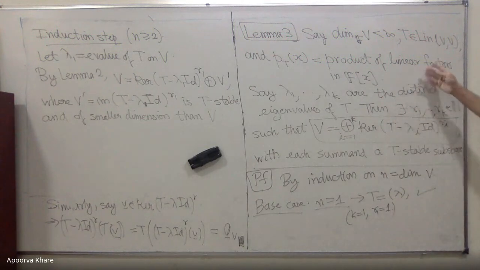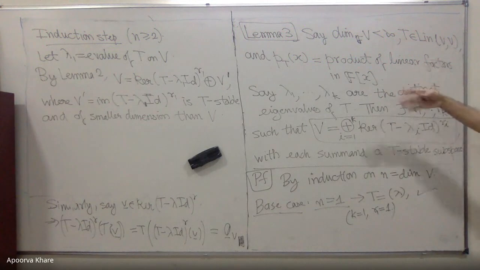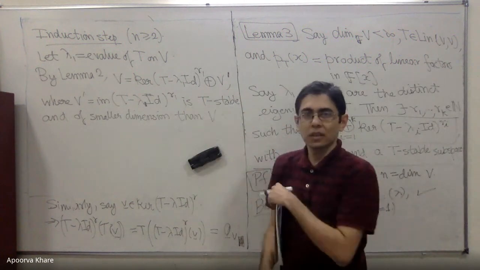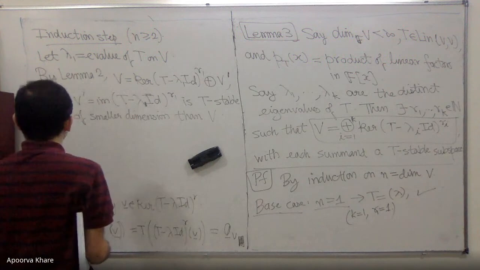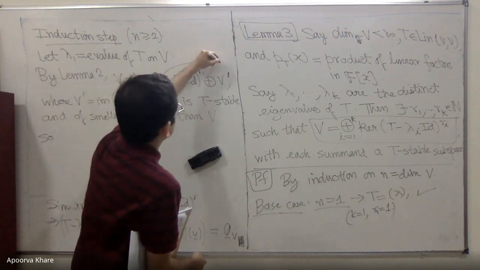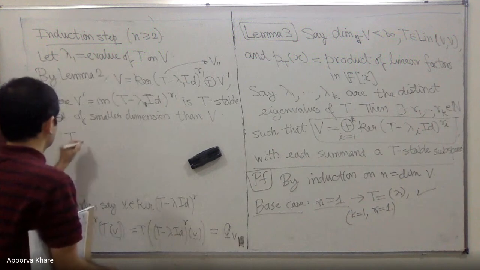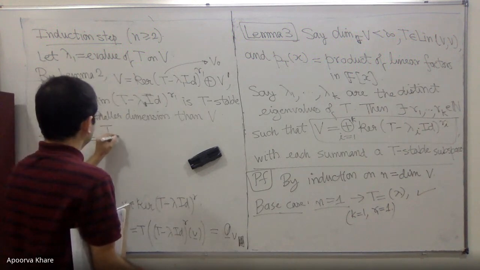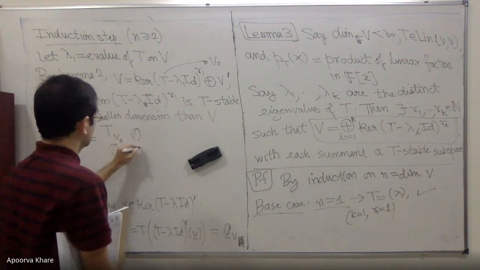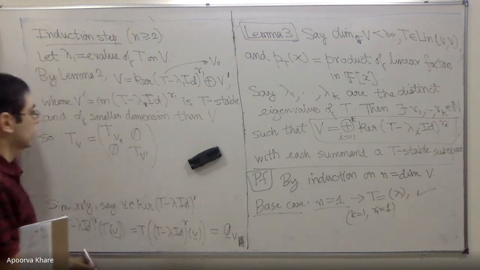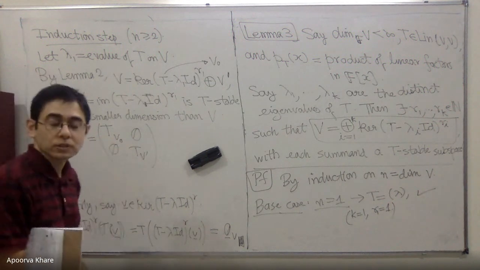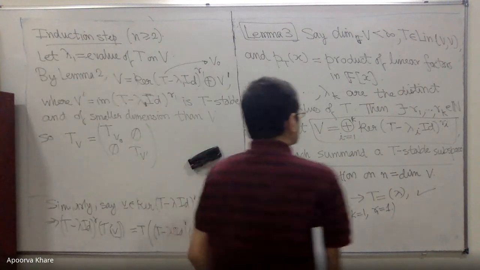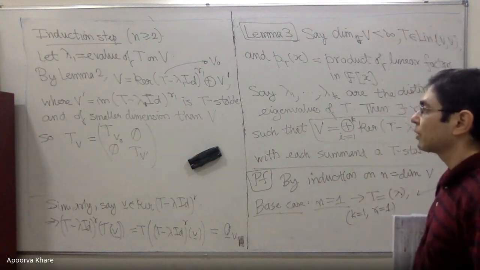Therefore, now I can say, look, the characteristic polynomial also divides that because it's a direct sum of T-stable subspaces. So if I call this kernel, let's say, V0, then T on V is a block diagonal matrix, T on V0 and T on V prime, which means that the characteristic polynomial of T is equal to the product of those two characteristic polynomials, and therefore each of those two also splits as a product of linear factors, because I know what T on V0